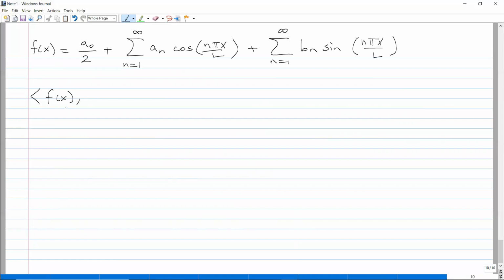So if you take its inner product with cosine of n pi x over L,